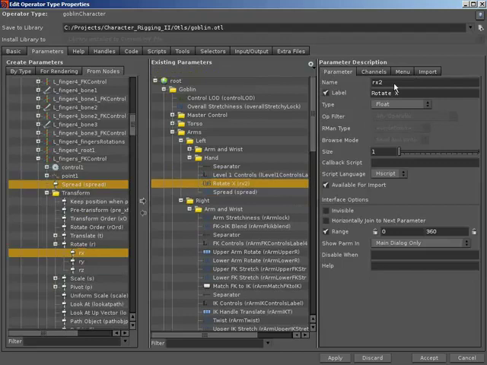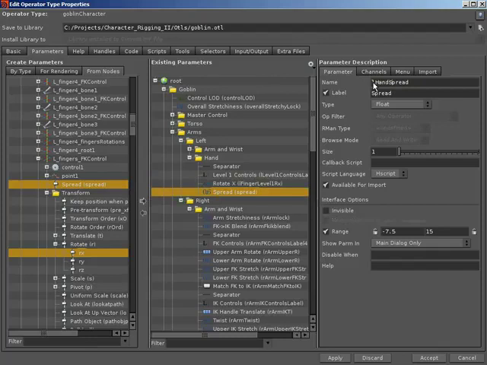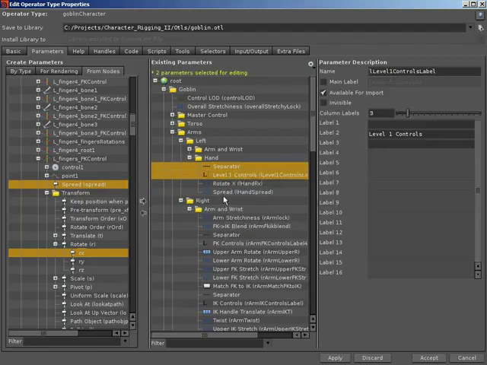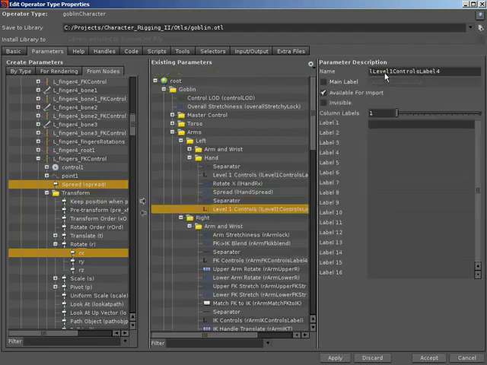Now I'm going to rename this to L finger level 1 rotate X, and then the spread can just be L hand spread, and for rotate X I'll say L hand rotate X, since it refers to the entire hand as opposed to fingers in general. So with that, I'm going to copy our separator and our label, paste that after our spread, rename this to L level 2 controls label with the main label of level 2 controls, and then of course 3 column labels,